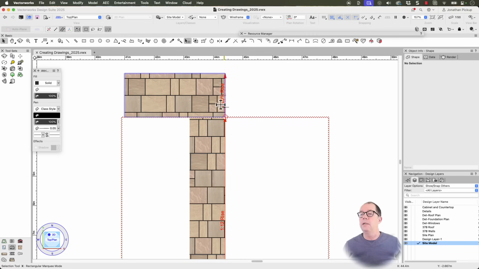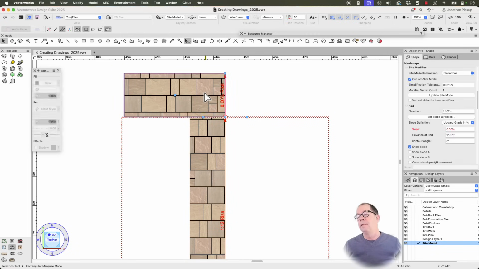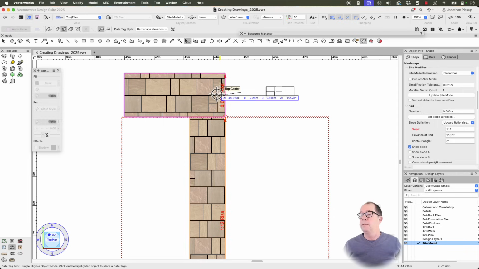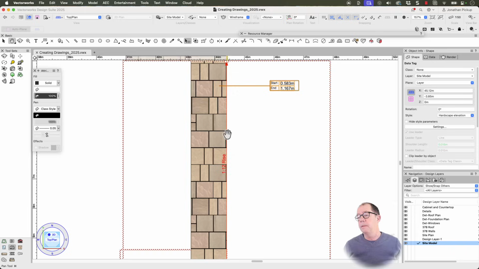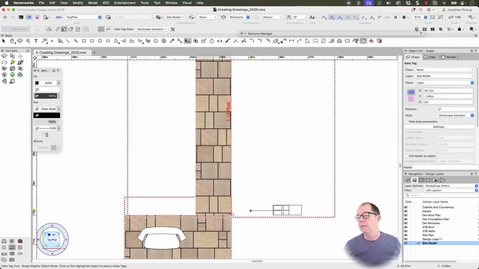I saw somebody online asking if you could create a data tag that would find the elevation of your hardscape. It's actually easy enough to do. I just created one. So if you have a look here, you can click here and you can see there's my start elevation and the end elevation. This is a sloping ramp, so you can see it's got the start and the end elevation there,